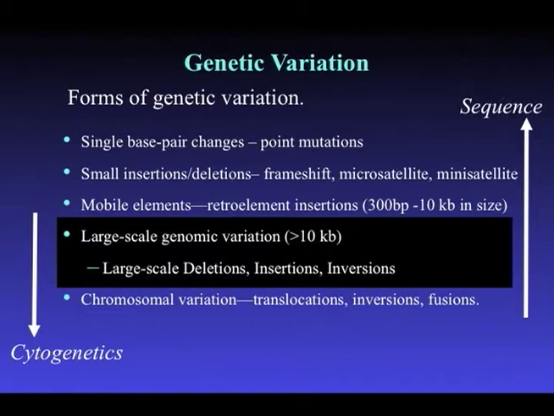And most of the emphasis, I would argue, in terms of human genetics, specifically in terms of genome-wide studies, has been focused largely on trying to find single base pair changes and perhaps small insertion deletion variation events. What I'm going to talk to you about today is really large-scale variation, things that involve 10 kb, and most of the events I'll show you that I believe are pathogenic are going to involve hundreds of kilobases of sequence. The important point is that this type of variation could not be readily visualized cytogenetically, unless you have specific probes for it, but also can't be seen easily by sequence unless you actually have complete sequence. So this falls in the middle zone of what people have been looking at historically with respect to these diseases.